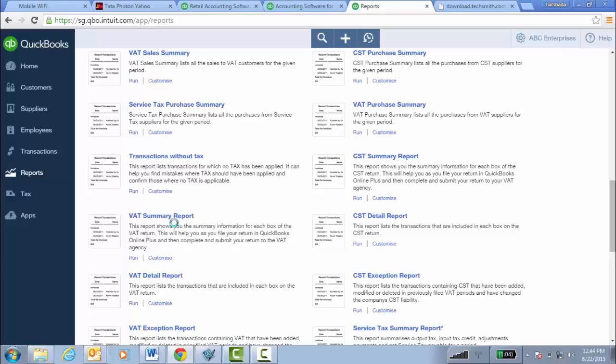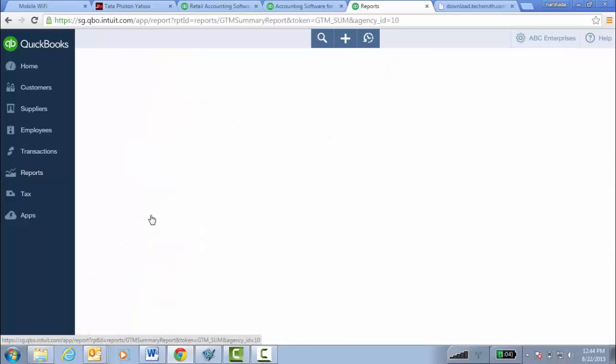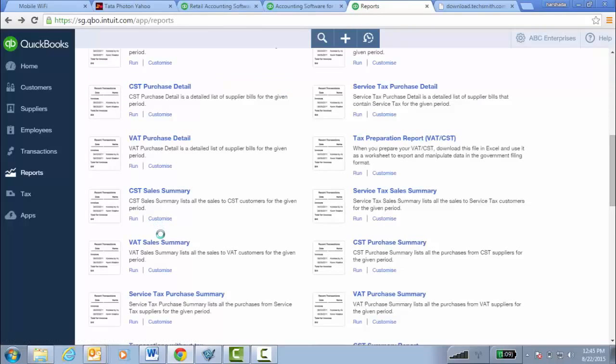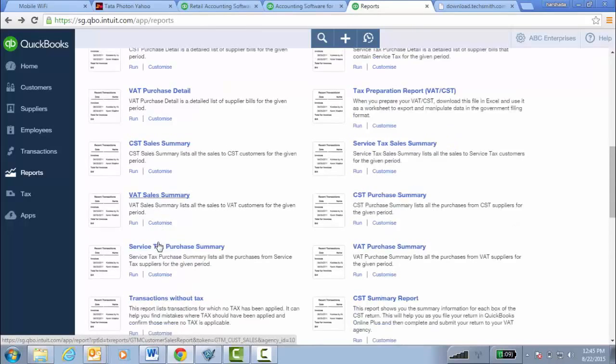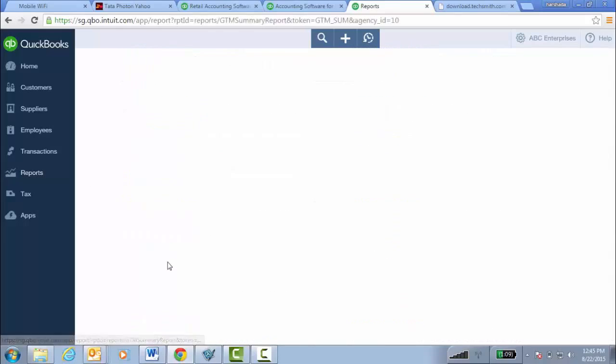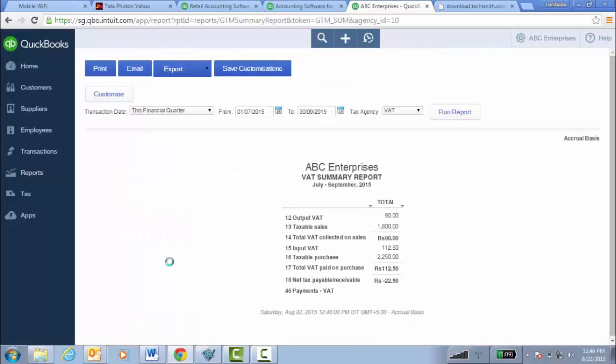Here you can see all your VAT related reports. For example, I am clicking on this VAT summary report, wherein you will get your net payable or receivable amount.